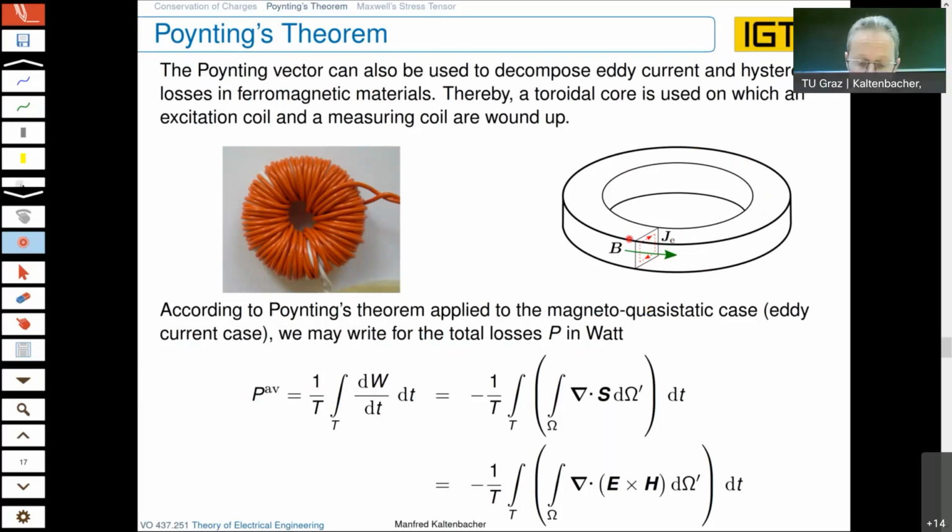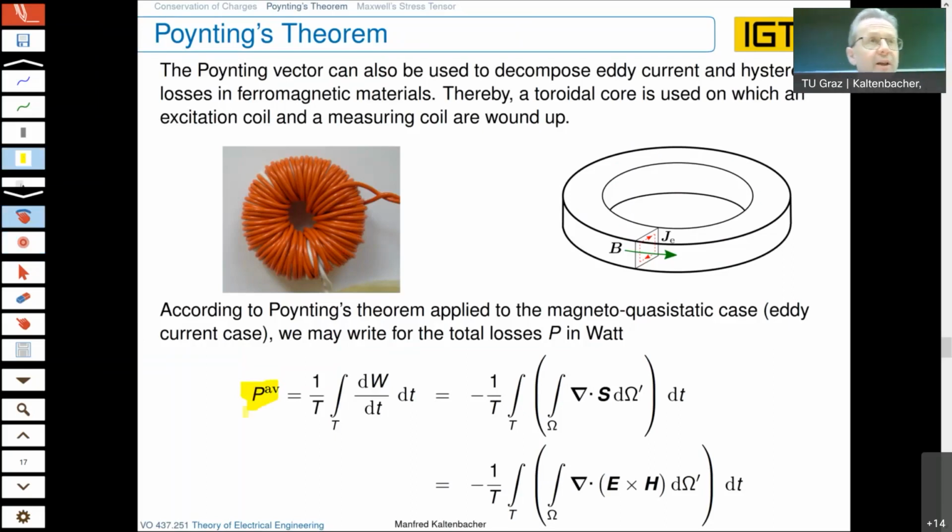So this setup, with the diameters you should use, the cross section you should use, the number of turns for the excitation coil and the number of turns for the measurement coils, is normed. So that you can also look up in this section. Okay, so we are interested here in the average power,